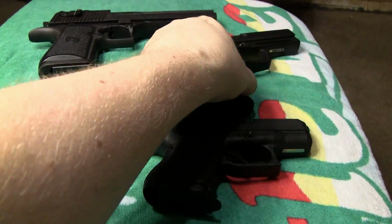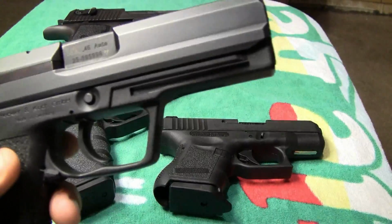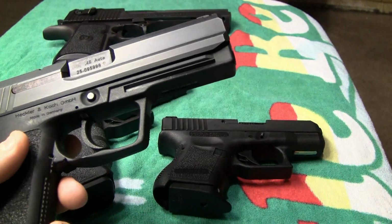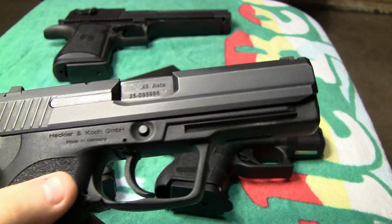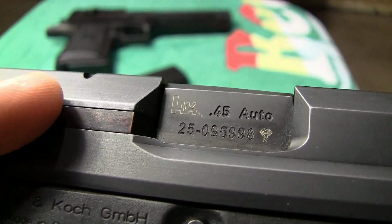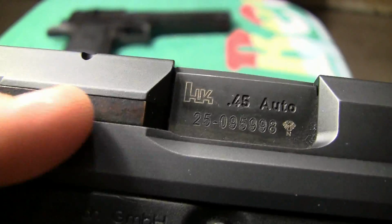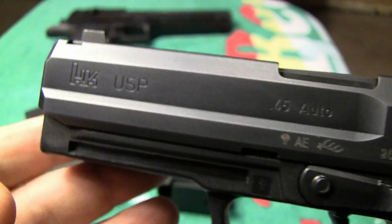Next up is the HK USP 45. Now, I don't have much into this gun. Maybe about 4 1/4, something like that. This gun, you can tell, has had some carry time. See the little discoloration there on the extractor. Overall, it's a decent gun,